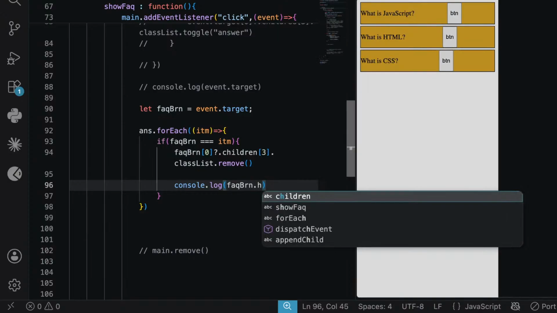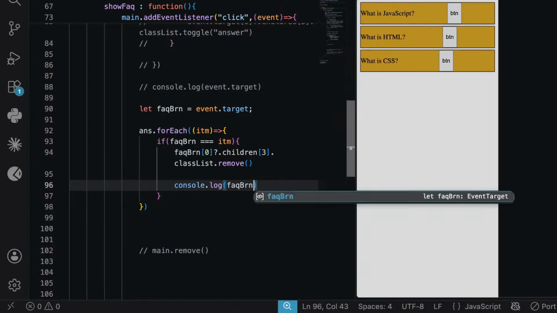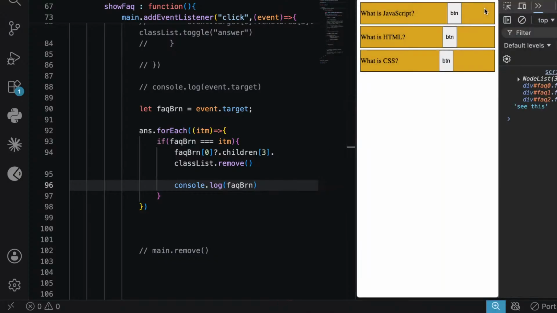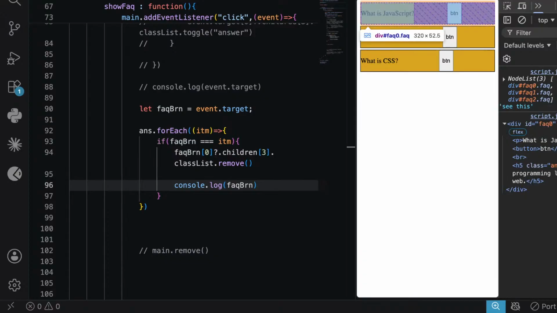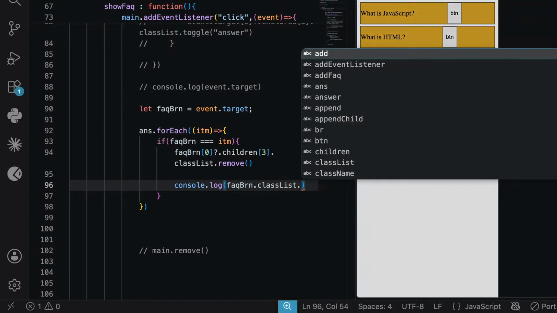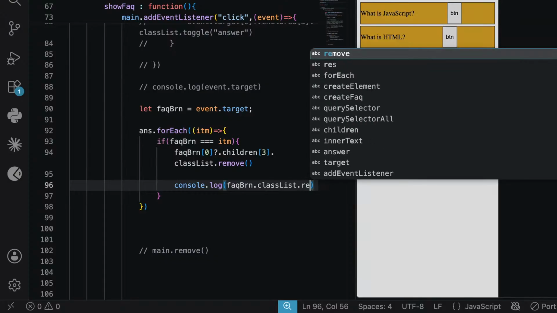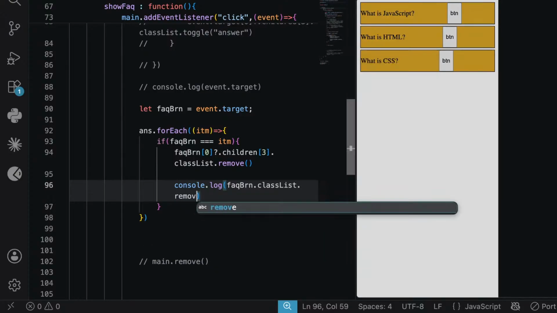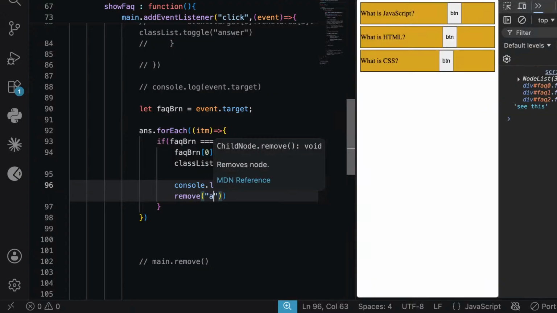It's fine. We have a FAQ button, and I want this: FAQ button dot classList dot